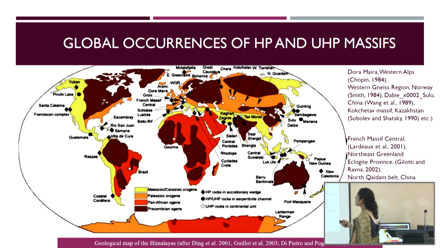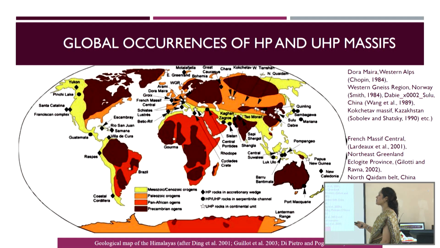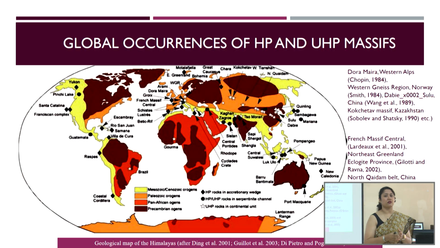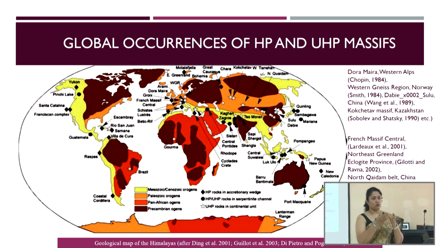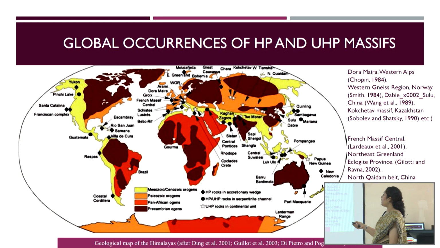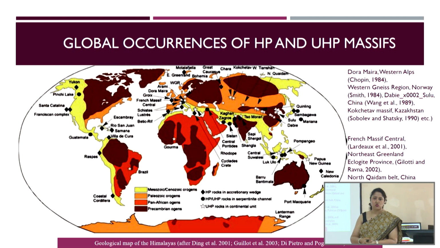You also have some in the Greenland province. Okay, and China now has several localities where people have identified the coesite and have started to move from a high pressure to an ultra high pressure complex. Okay, India or the Indian subcontinent is unique because we have the subduction there, we have the suture zone, but